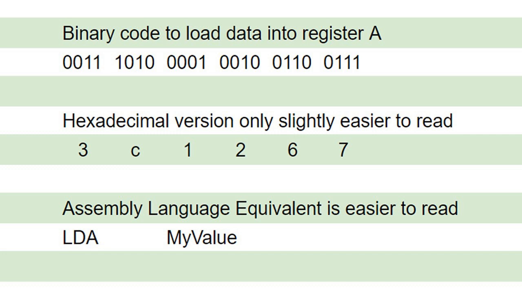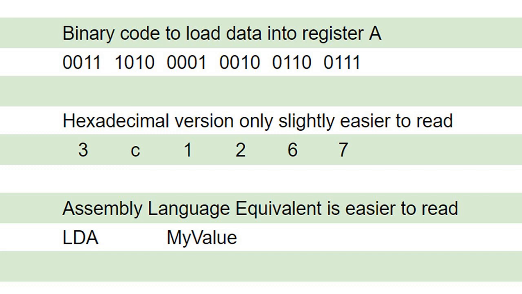A program called an assembler translates that command into machine language. Assembly language is just a human-readable form of machine language. Somewhere in the program prior to this, you had to tell the assembler to set aside a memory location that would be used in the future and to refer to it as my value. The assembler sets up something called a symbol table, so you don't have to deal with numbered locations. You just refer to it by the name that you made up.